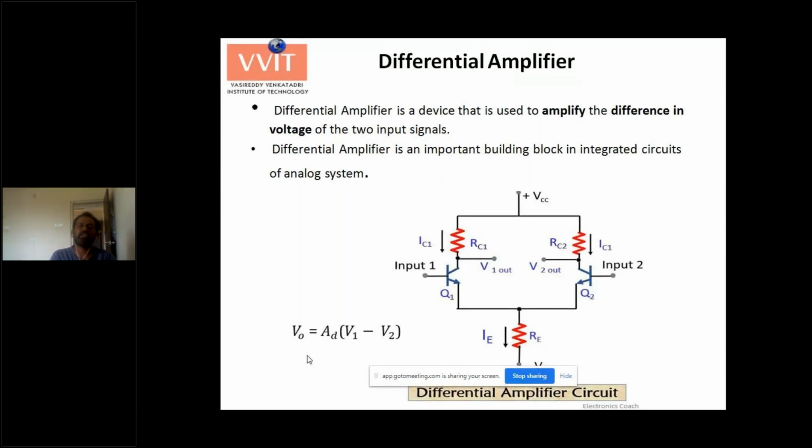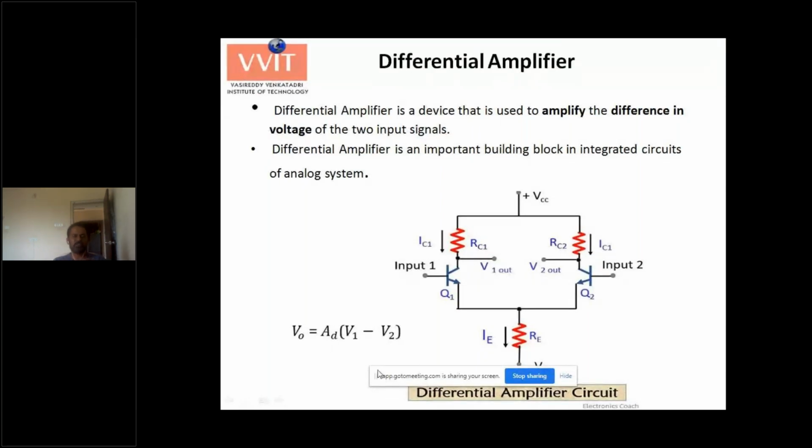So a differential amplifier is a device that is used to amplify the difference in voltage of two signals. It is very, very important. In the integrated circuit flow, you will find this is one of the earliest blocks in integrated circuits. Very soon you are going to third year where you study op amps. This differential amplifier plays a vital role in building op amps, operational amplifiers, and integrated circuits. Essentially, it is constructed using two transistors. Now, this gain is called the differential gain, since it is amplifying the difference between two inputs.